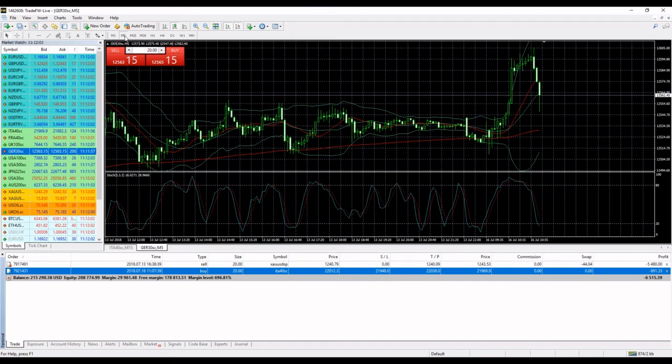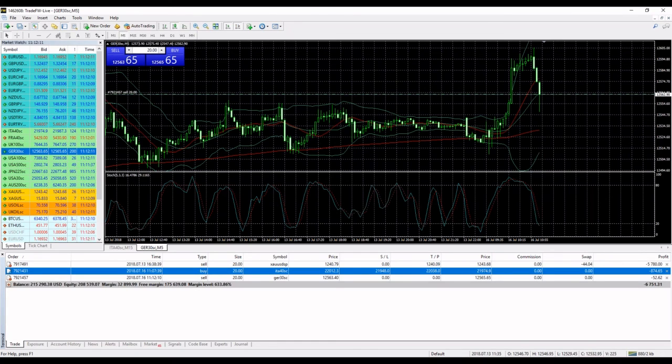Yes, Jenna, correct. This is what I was just saying. I will short it now and I will scalp. I will close this position very, very soon. It doesn't look like it's a long trend, but we will short it now. We just shorted DAX at